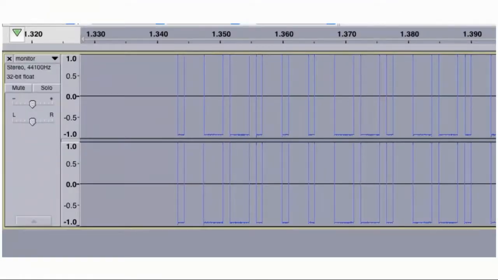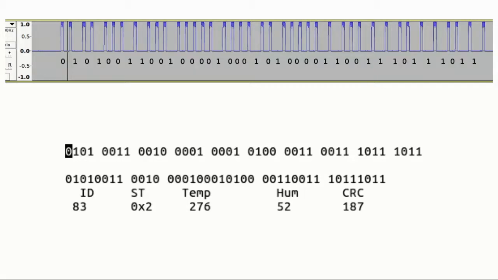And what you end up having is waves or signals like this. If you look more into it, it is on-off keying, and you can convert those signals to binary zeros and ones. Just by analyzing that, you'll figure out how it is transmitting temperature, how it is transmitting humidity, and so on. Once you know what it is transmitting, you can re-encode that and send it again, and you'll have your thermostat behave in that particular way.